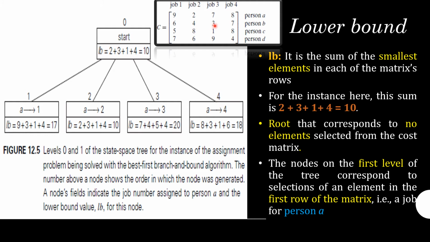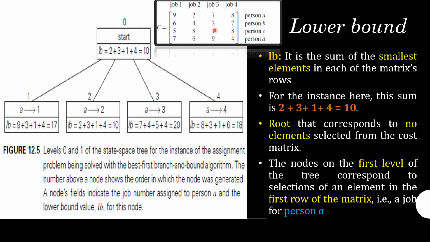The main constraint of this assignment problem is that we are not supposed to take a value which is present in the same column. Here I am assigning job 3 to person A, and if I select 3 again, it is wrong, right? You are not supposed to take 3 even though it is minimum, because it is not following the constraint. So that's why I'm selecting 4 instead of 3.